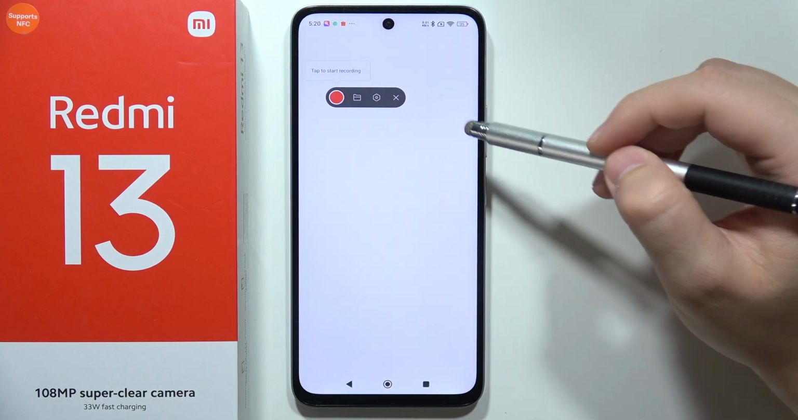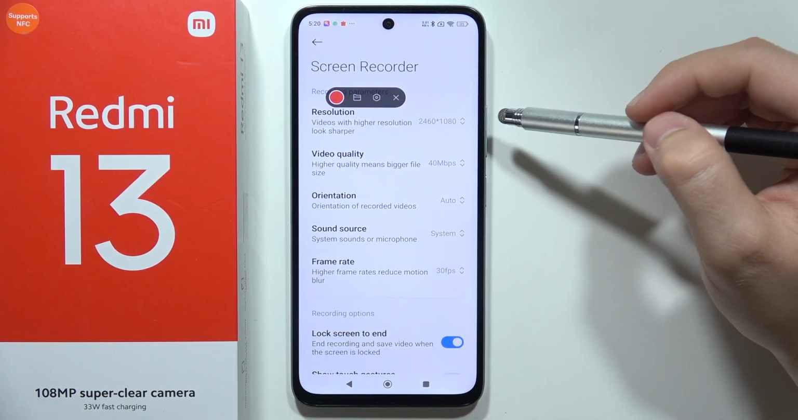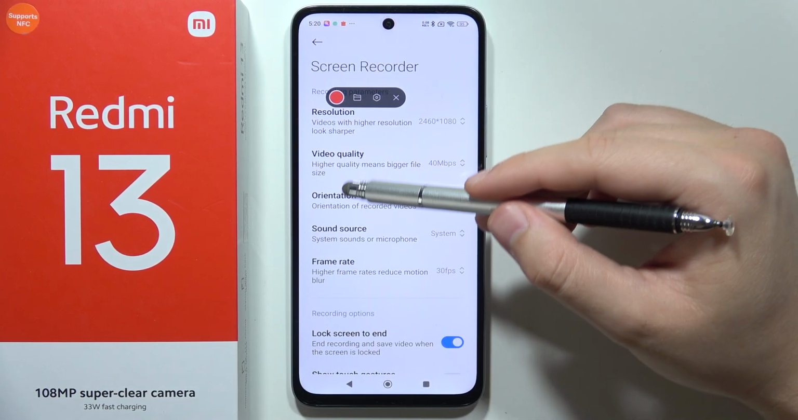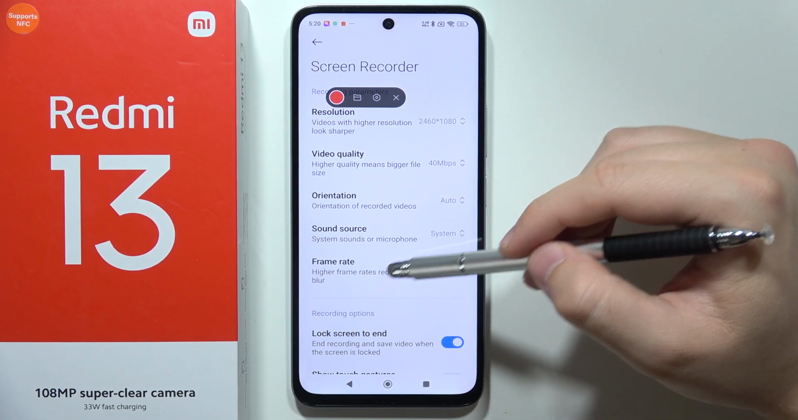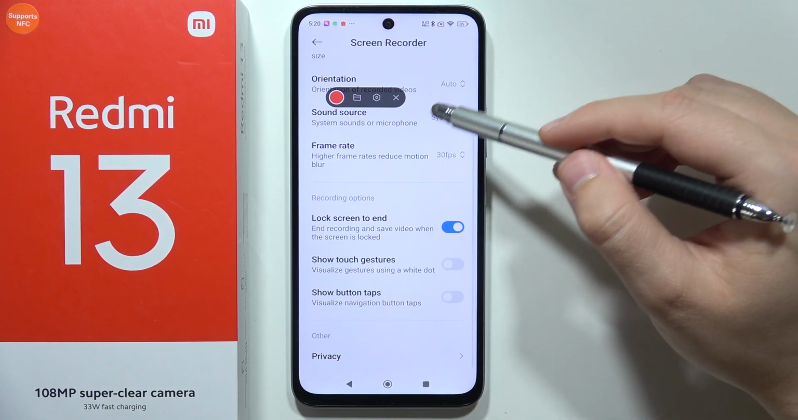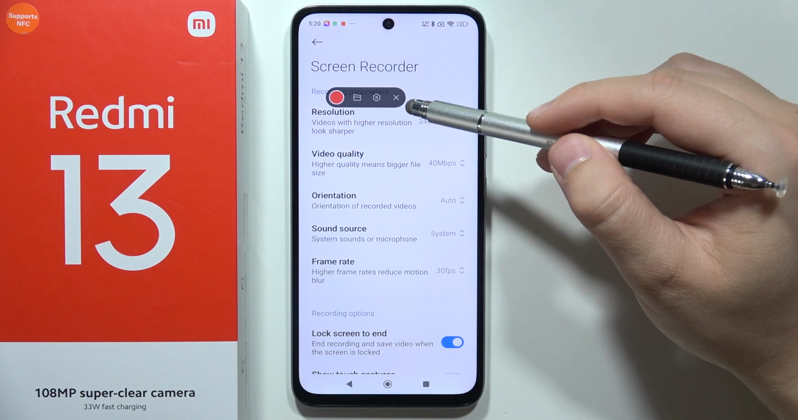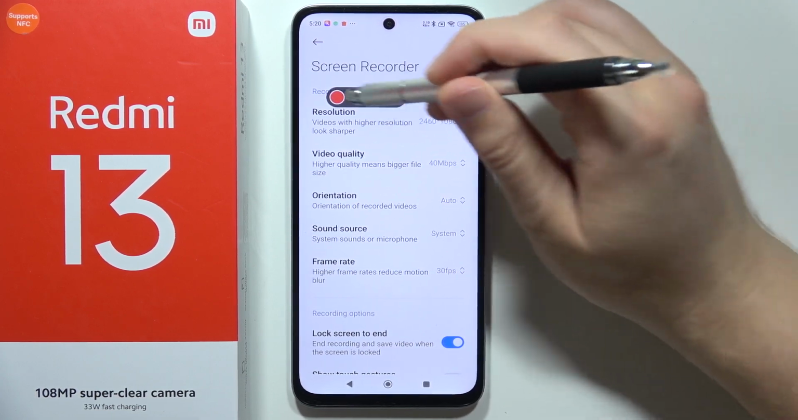recording you can click on the settings icon and adjust some options, like for example the resolution, video quality, sound source, frame rate and orientation. And now if you want to start recording, you have to just click on this red button,